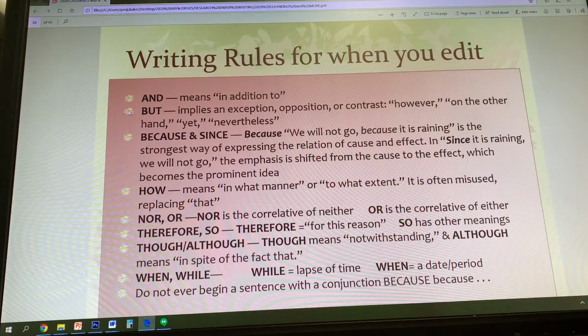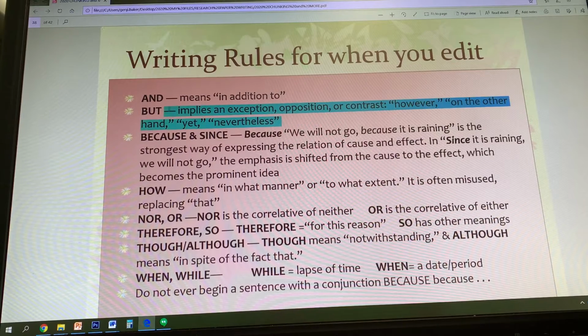or the word but with exception to. So there has to be something on the other side of it. Or this or that, not just or and beginning the sentence. So watch out for conjunctions. Remember that the word but means there should be an exception, an opposition, or a contrast. Okay? However means, oh, on the other hand, yet, instead of, nevertheless, that means this one, but that one, look,